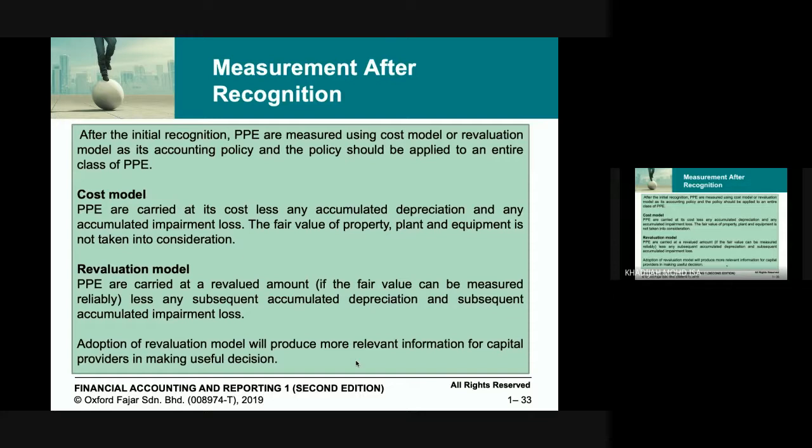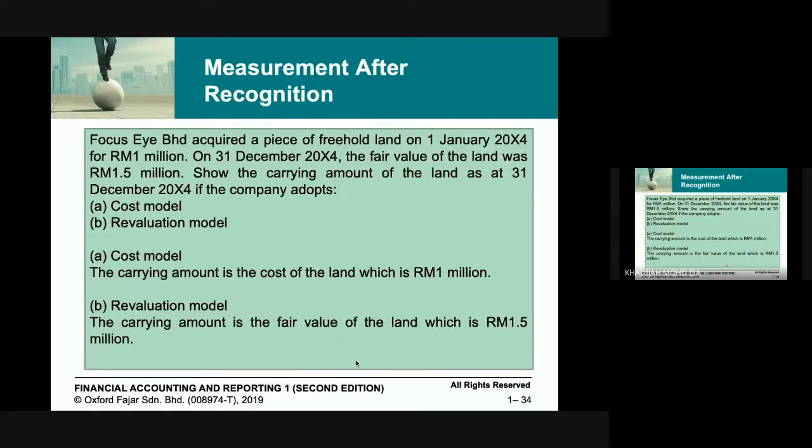So using a revaluation model, you must be able to identify what is the revalue amount. All right. Example here: Focus I acquired a piece of freehold land on January 20X4 for 1 million. And then in December 20X4, the same year, the fair value of the land was 1.5 million. Show the carrying amount of the land as at 31st December if the company adopts cost model or if the